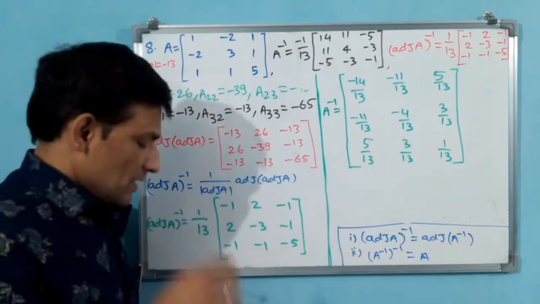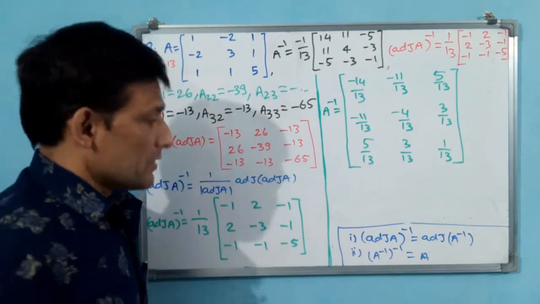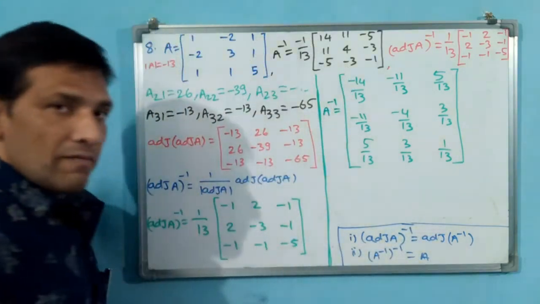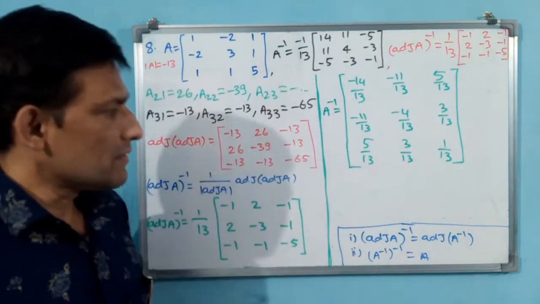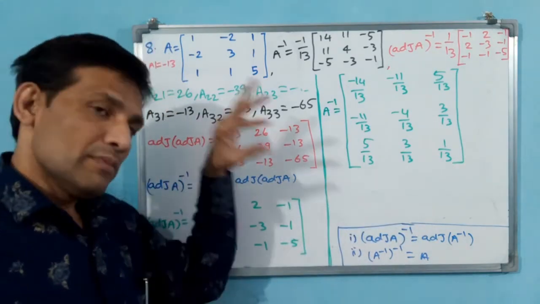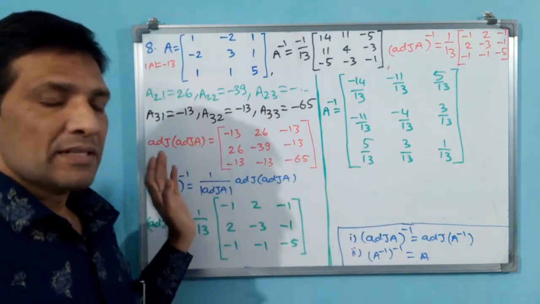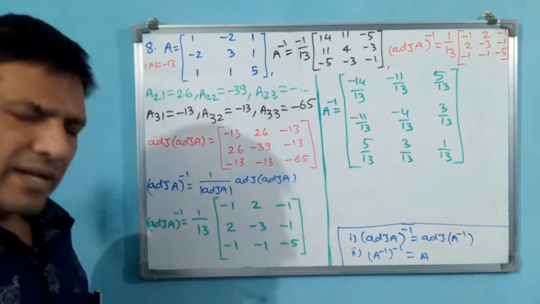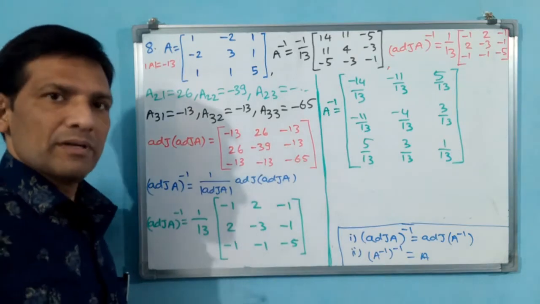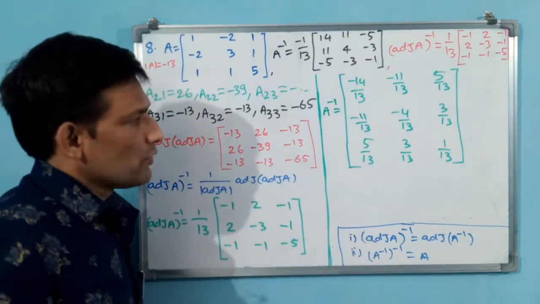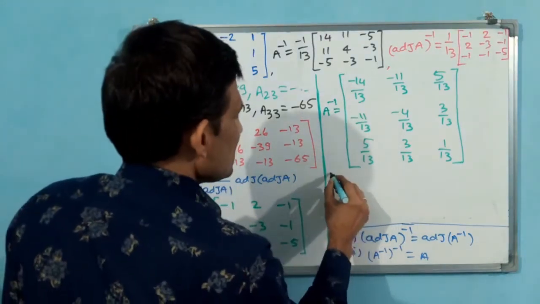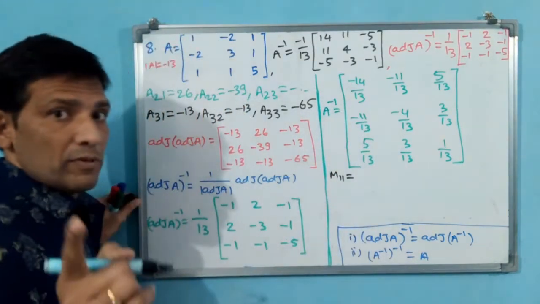Now how I am finding minors, you observe a little bit carefully. First of all, why am I finding minors of A inverse? Because you have to find the adjoint of A inverse. If minors come, automatically you can write cofactors and adjoint. Let us find minors. Once again, I am taking M11 like that only, because the remaining all I have already rubbed. We are not going to confuse anything. See what I am doing. M11, how I am calculating? Observe carefully now.